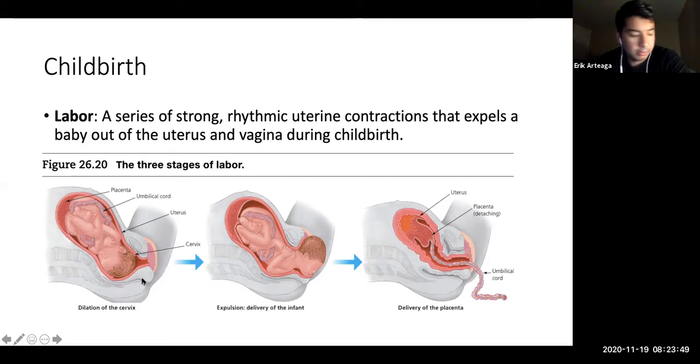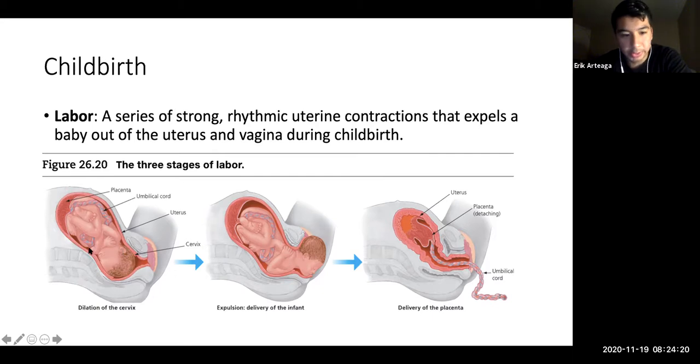Okay, I'm not a female, I wouldn't know, but from what I've heard from females, the contractions actually hurt more than the actual childbirth itself. That the contractions are so intense that that's what the pain is attributed to rather than the actual pushing out of the child, but the contractions during the expansion to open up for that child to pass through the birth canal. Okay, so